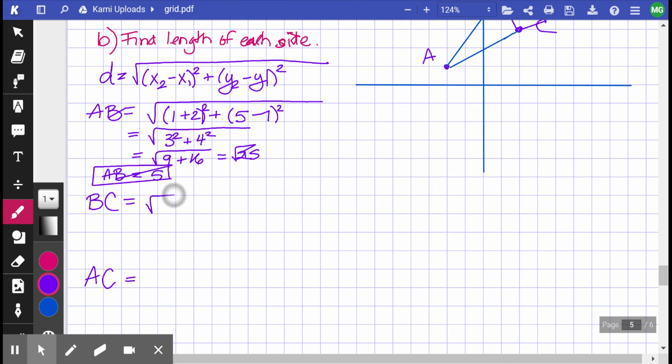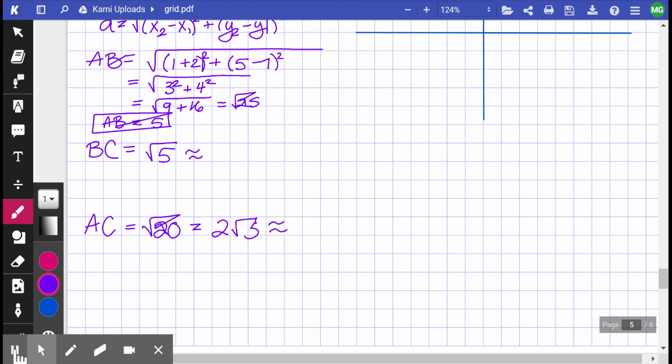All right, so for BC, you should have gotten the square root of 5. And for AC, you should have gotten rad 20, which we can simplify into the square root of 4 times the square root of 5, which would be 2 rad 5. And then what would be helpful is to find the decimals for each of those. So type those right into your calculator and find those decimals so that we can answer the next question. So those decimals would be, 2 times radical 5 in your calculator would be about 4.472. Rad 5 in your calculator would be about